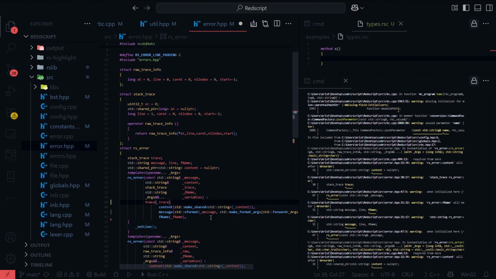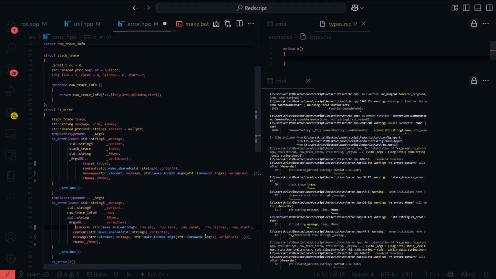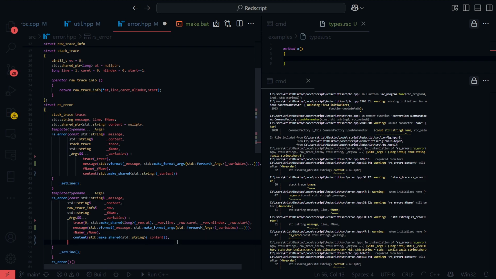So obviously we should initialize trace first. We should initialize them in the way they're ordered. Is that what it's saying? Like, sure, I'll get behind that any day of the week. Trace, message, line, fname, content. So message, fname, content. Okay.